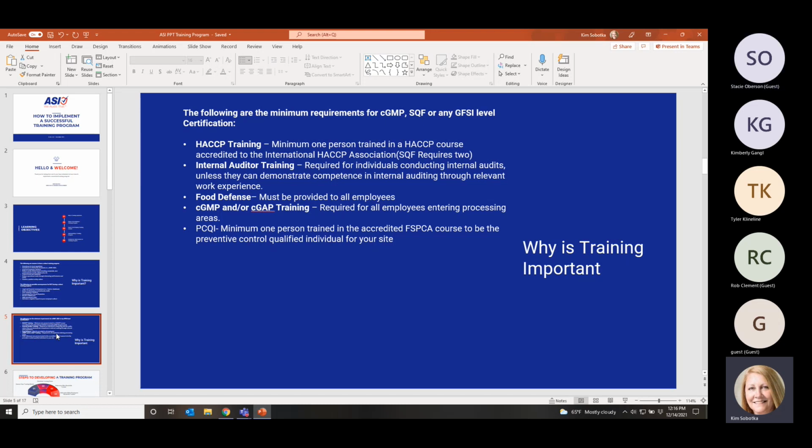So there is an additional class, which is a 20-hour class, that is a minimum requirement for when the FDA walks into your door. They're going to want to know if there is a PCQI individual established, and if that person has had formal training, or is going to try to convince them that industry experience is acceptable.